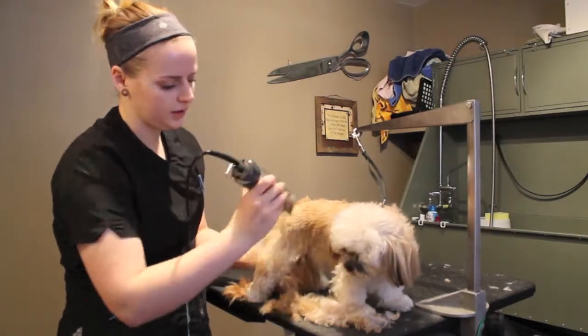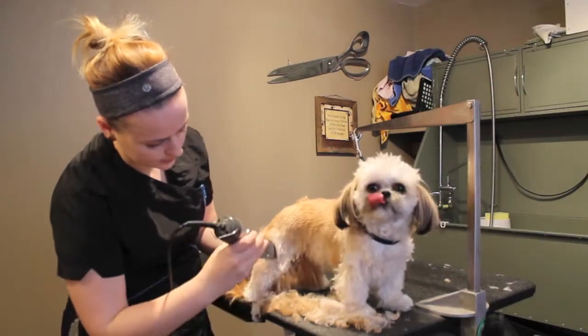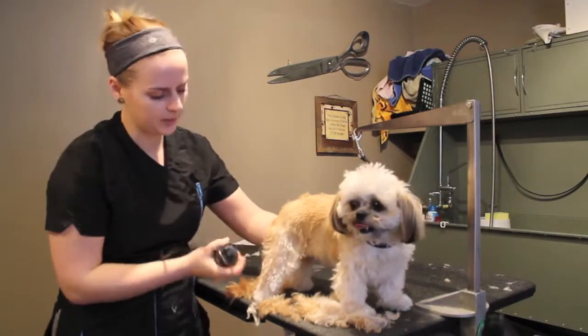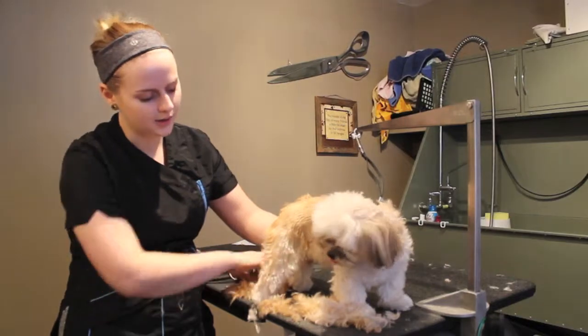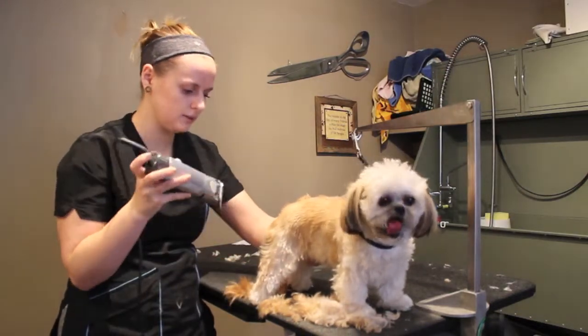just come down the leg and down the thigh, and take it forward like this, and then around her bum area. And back here, there's a little leg tendon there. Don't bring the clipper down on that. That's not a good idea. So what I usually do is